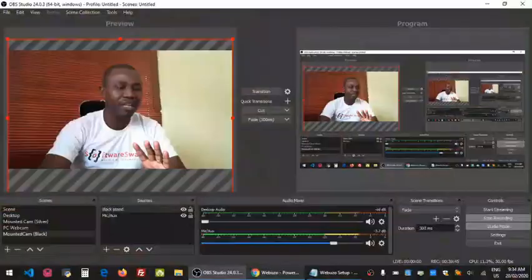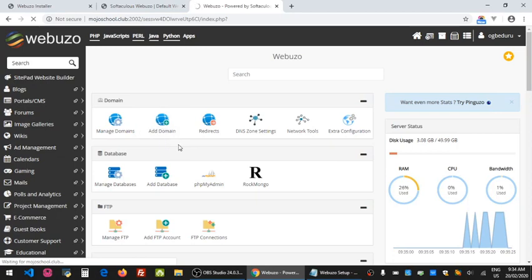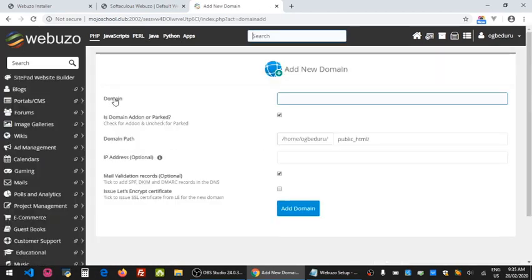Now since you have created a private name server before, for any domain name that you register after the first domain, you just change the name server. You will see in the last video I talked about changing name server. So all you need to do is just change your name server. Once you have changed your name server, you come back to your Webuzo panel and go to this add domain. When you go to add domain, what you need to do is enter the new domain name that you just registered. Let's assume I have registered another domain name, kadunastartup.com, and I have changed the name server at my registrar. I will just come here and add that domain as